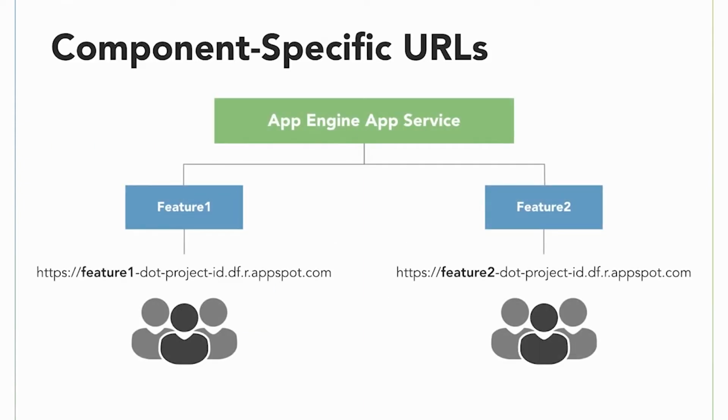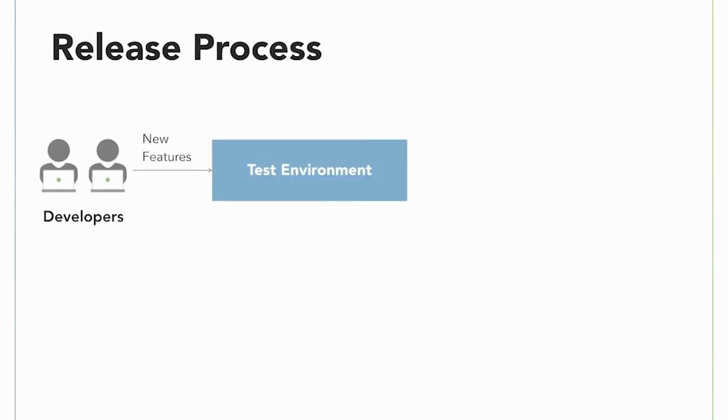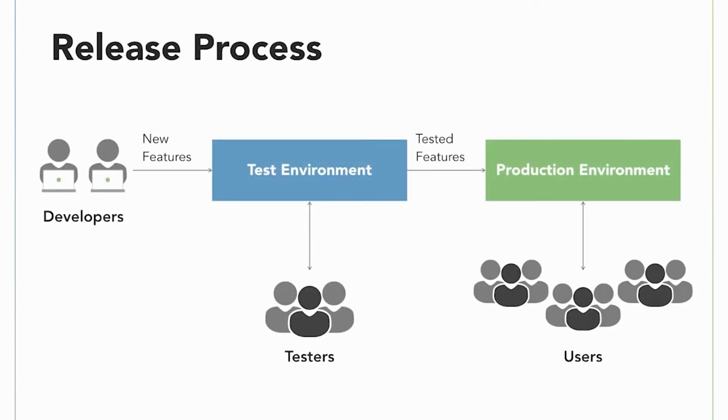Component-specific URLs are quite useful, and we can use this to our advantage for creating multiple environments for testing features before they are deployed to production. What I'm about to share is a little bit opinionated, but this will also show you how we can use component-specific URLs to make testing more streamlined. When working in real-world applications, we usually deploy our application first to a testing or staging environment where it is tested by our QA team and accepted by product owners, before it goes to our production environment where it serves